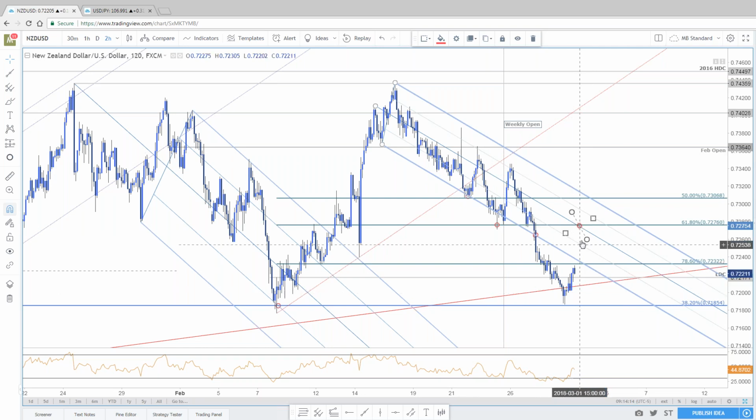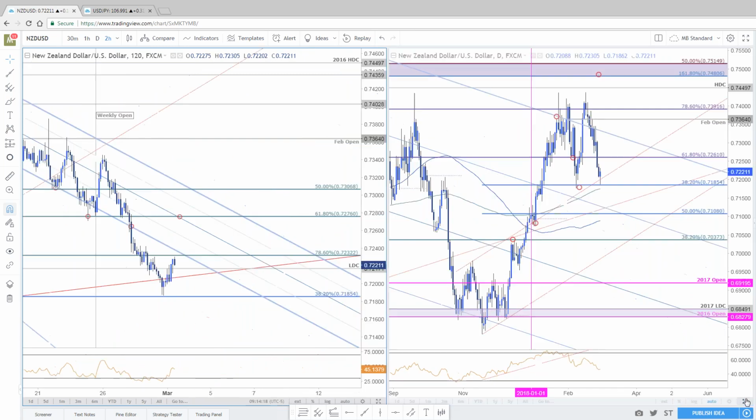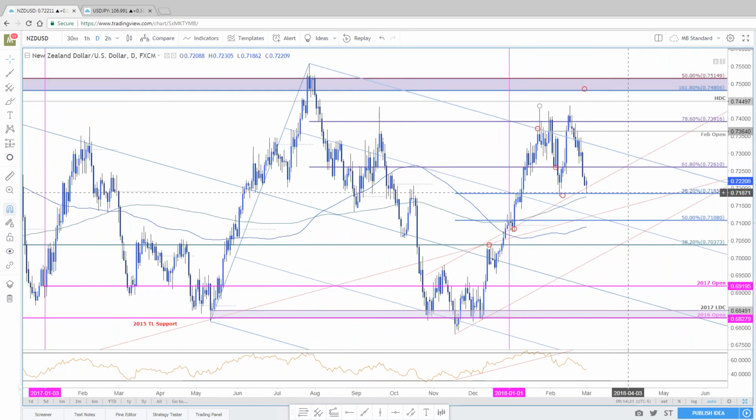That's the only thing that would put me bullish. At this point, I still think you're looking for the recovery to sell still. Here's Kiwi on a daily, by the way. Nice, perfect touch of the 38.2 retracement. 200-day moving average is just lower. So again, I'm not surprised to see a little bit of a recoil here. But this one, who was saying that? Eman? Yeah, Eman. This one is one of the majors that did not clear its monthly opening range, right?